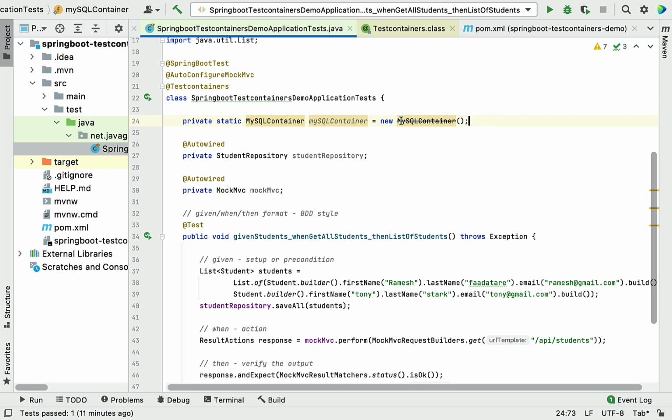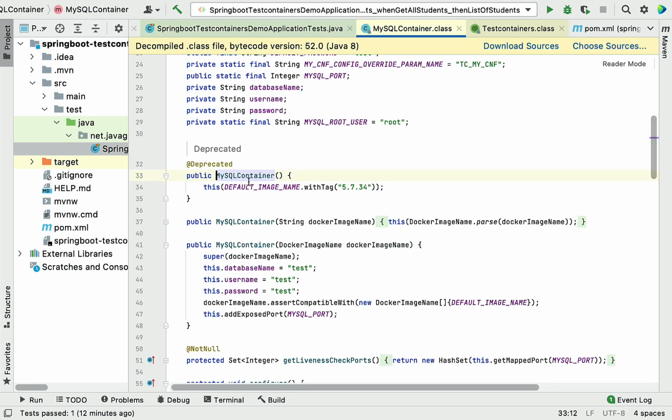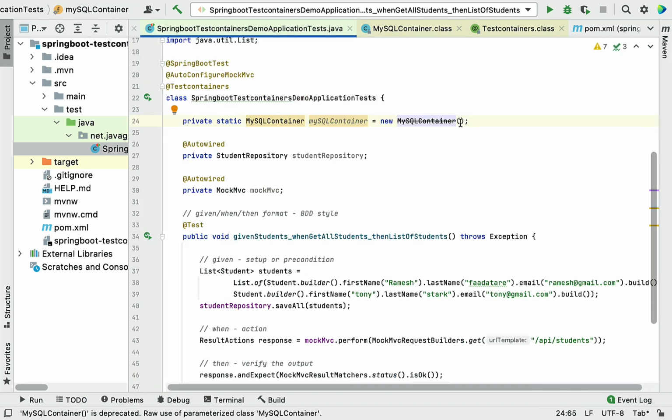And again, you can see MySQLContainer. So we are going to deploy the MySQL database in a Docker container. That's why we are using the MySQLContainer instance over here. And this is deprecated because we need to pass a Docker image name to this constructor. And by default, it will take a Docker image with some version. You can see 5.7.34. I guess this is an old version, that's why it is deprecated. We have to manually specify the Docker image name. Okay, let me go ahead and pass the Docker image name, something like